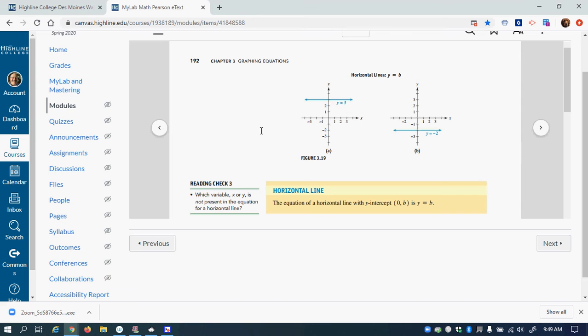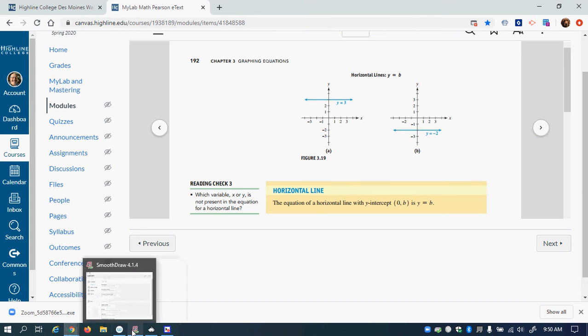Okay, here are some more examples of a horizontal line and its equation. So y equal to 3, again we go up to 3, where y is always 3 on this line. And so x is increasing or decreasing, but it creates this horizontal line. As well as when we look at this one, where y is equal to -2. So it's increasing on the x and decreasing on the x, but the y is always staying at -2. So let's take a look at the tables too for these two equations,